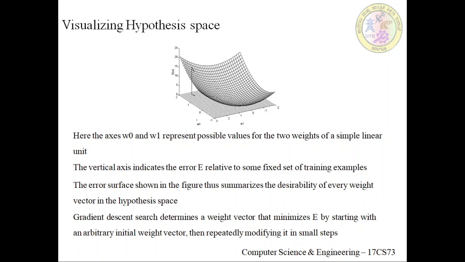So here we have a plane of the two weight values, and the error along the vertical axis. The search starts from somewhere and moves downwards, where the error is minimized, that is, almost zero. At that point, it chooses the corresponding weight values w0 and w1. Our idea is to choose the weights such that the error is reduced. While doing that, you get the error surface, which looks similar to a parabola.